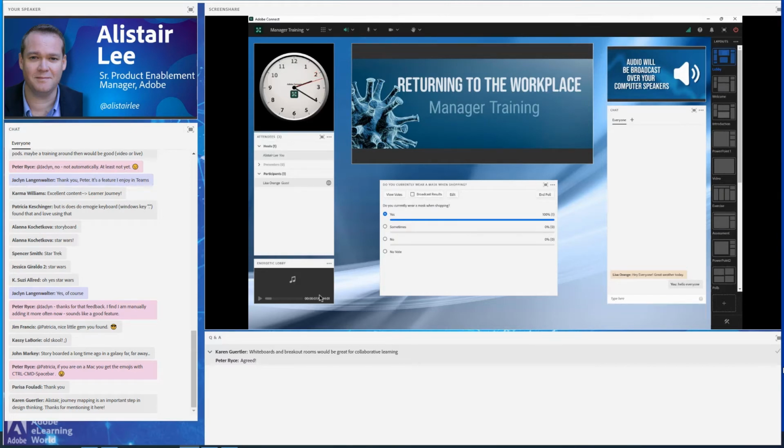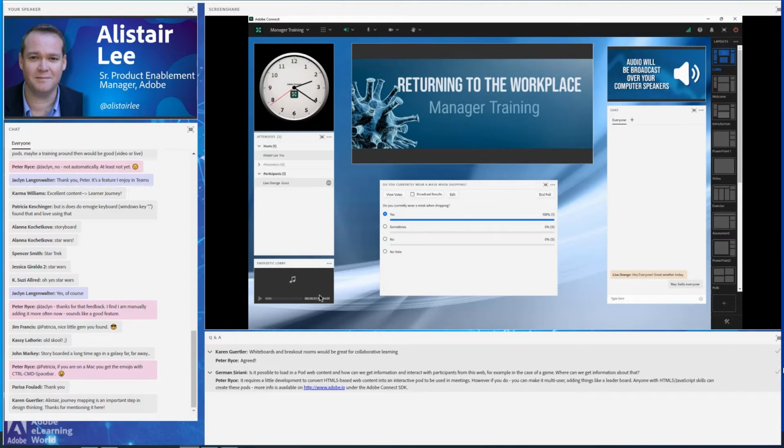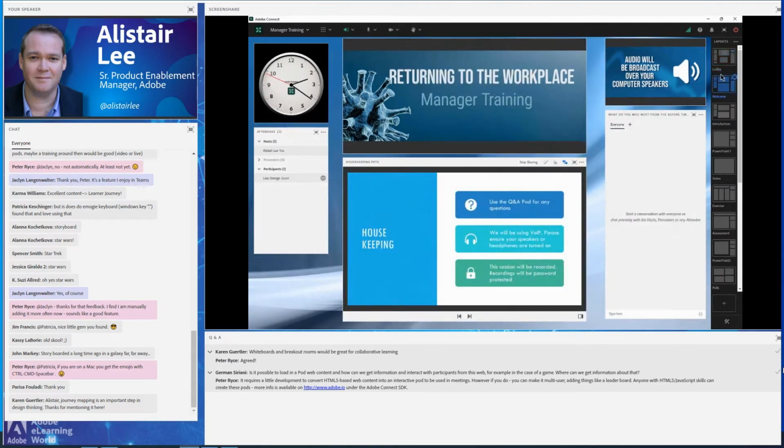The reason we're using the music, by the way, in the bottom is not just to entertain, but it also serves the purpose of ensuring that people's speakers are turned on. They know that their speakers are working. They have confidence that they're not missing somebody speaking because they can hear audio coming from the room. So this lobby is not just a way to have people entertained before the session starts. It starts giving them some familiarity with the technology that's being used and starts setting that expectation of interaction right from the very beginning.